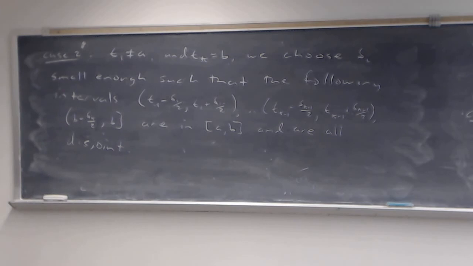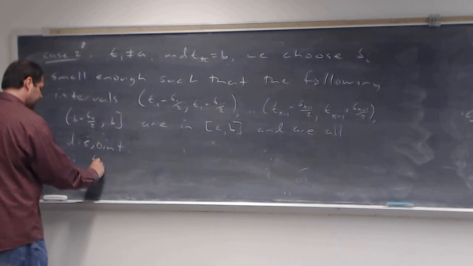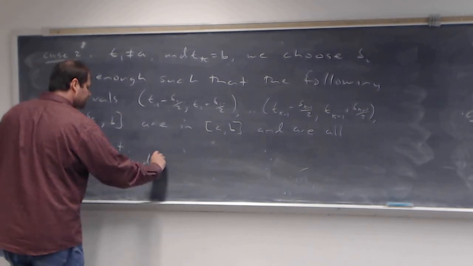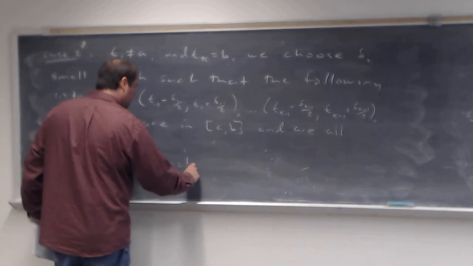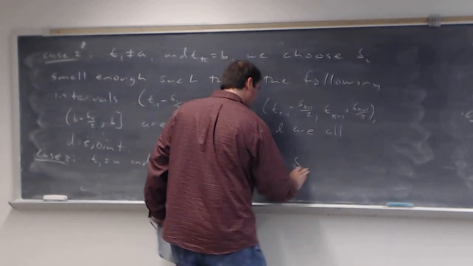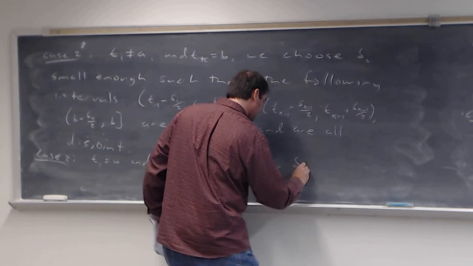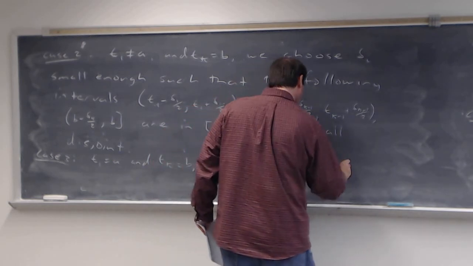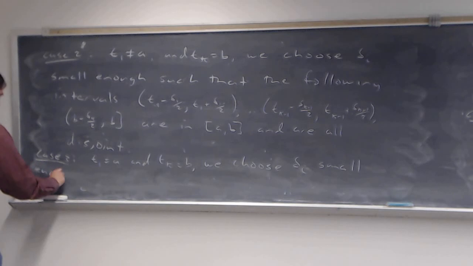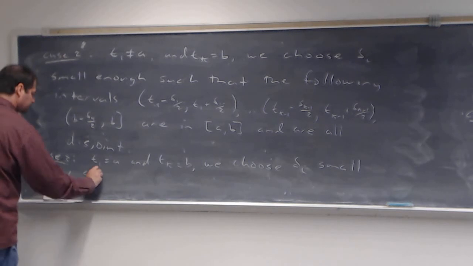Okay. Case 3. In this case we'll have t sub 1 is equal to a and t sub k equals b. Then we choose delta sub i small enough such that